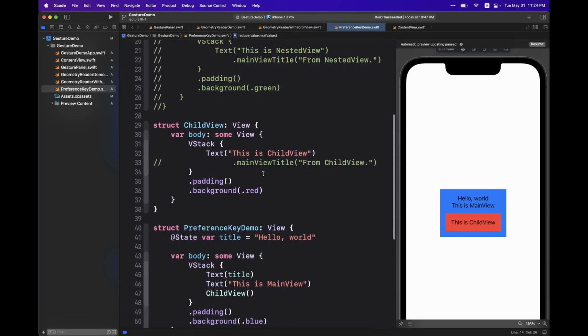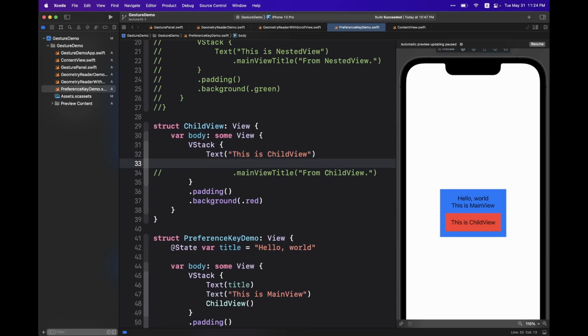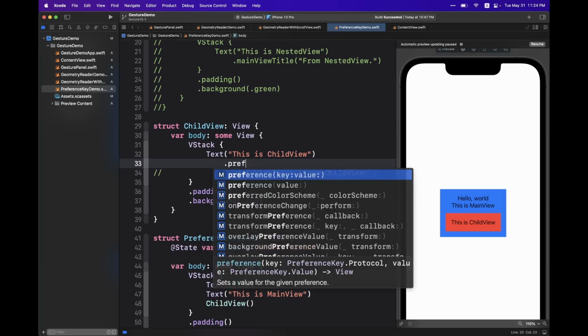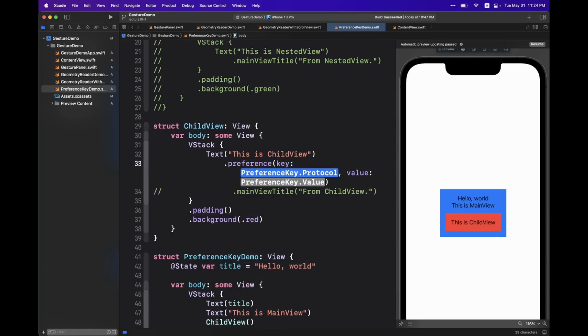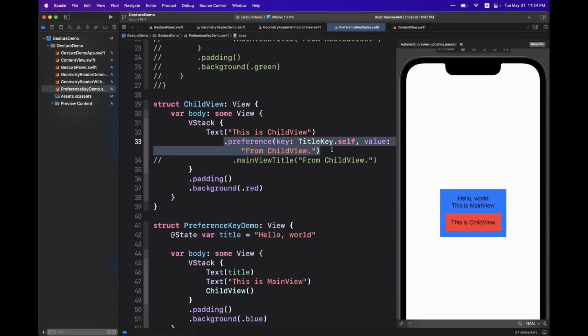Now move back to this. So how can we actually pass the data back from the child view to the parent view? We can use something called preference, and indicate the key. In this case, it's going to be title key dot self. It's going to be the type of the key. And what kind of value do I want to pass? I'm going to use this thing from child view. By doing so, you're going to propagate all this data from this view all the way to